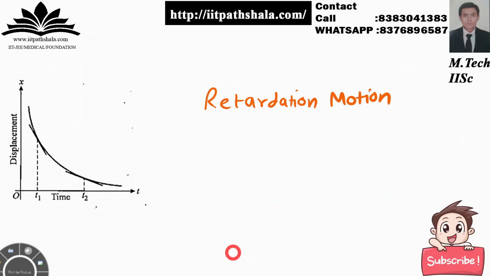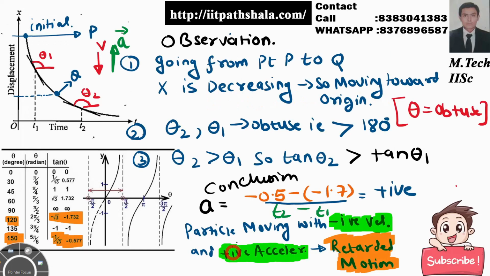As I've told you, velocity must be in the opposite direction to that of your acceleration. So let us have the following case. Now here you can see from the observation itself that this is my initial position and I'm moving in the following direction. So let us have this instantaneous point Q. What I'm going to do is have the coordinates of this point Q as x and t. So I'm moving from a bigger value of x to a smaller value of x, that is, I'm moving towards the origin itself.